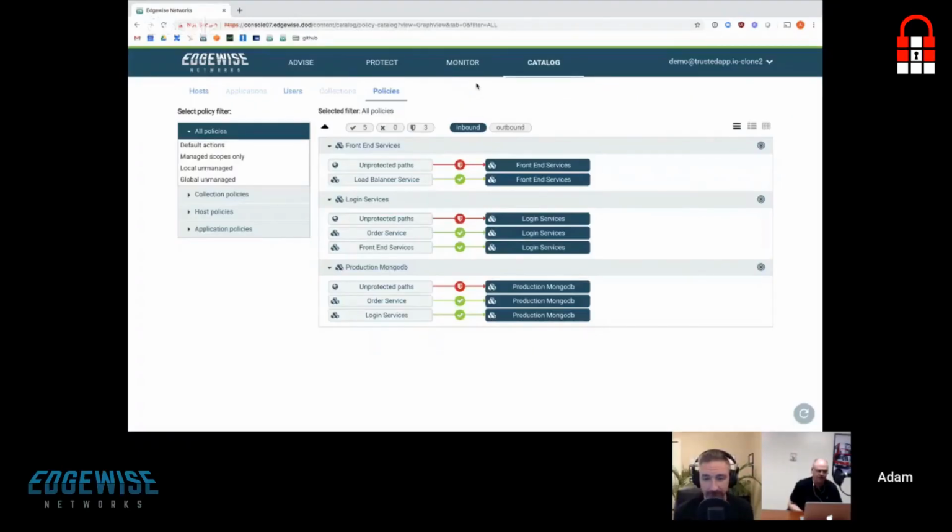So one of the key things about all of this is our entire service is built on APIs. So all of this data is available to be exported to any analytics platform, any SIEM, any other type of platform that you need this to go to, to be able to aggregate data for an audit, to understand context around what the network was doing during an incident in an IR situation. So it doesn't require you to be just inside of our tool. You can actually get this data to enrich other platforms that you use.